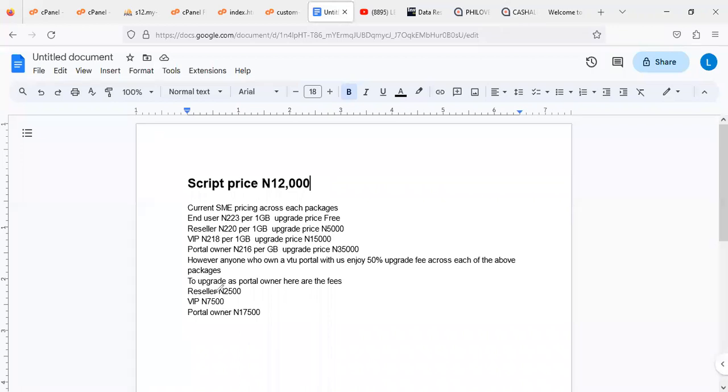So instead of paying 5,000 for reseller, you are paying 2,500 to upgrade to a reseller. Instead of paying 15,000 for VIP, we are paying 7,500. Instead of paying 35,000 for portal owner, you are paying 17,500. Note, we are only paying this to get service at a cheaper rate, not that you are paying for the